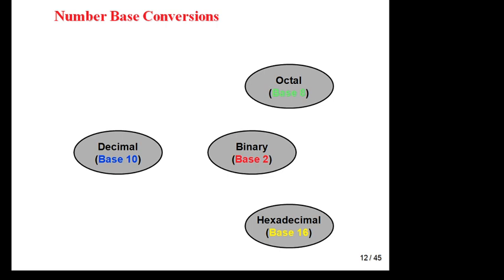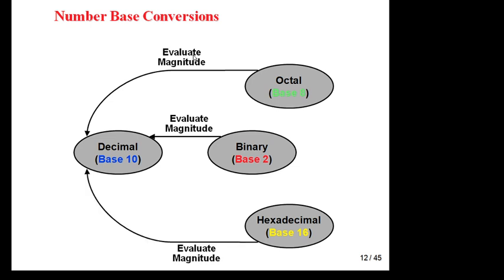Now conversion. You have seen how to convert any number system whose radix r or base b into the decimal number system. Now you have to convert from decimal to other number systems: decimal to octal, decimal to binary, or decimal to hexadecimal. For octal to decimal, you evaluate the magnitude. I already explained this, and similarly for binary. Now to convert base 10 to base 8, base 2 or base 16,